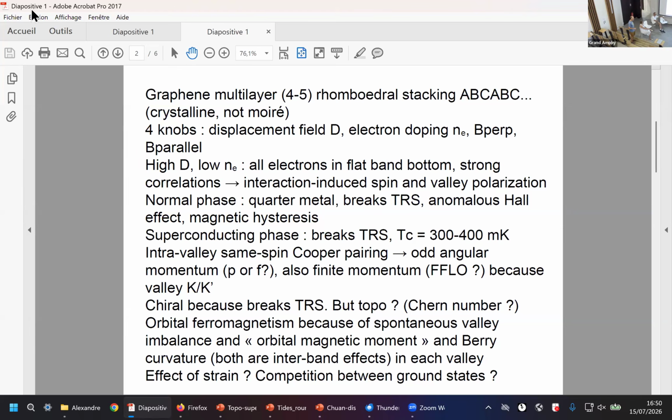Also in this system, why is it chiral? Chiral in the sense that it breaks time reversal symmetry. So p_x is also valid? No. So